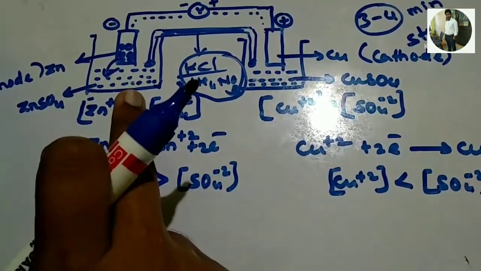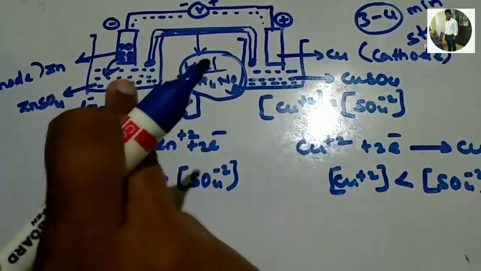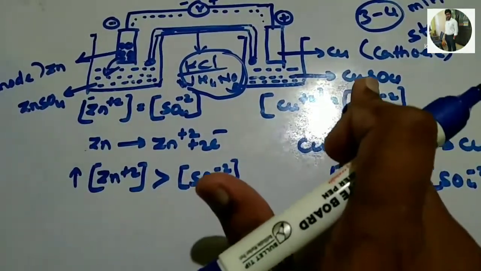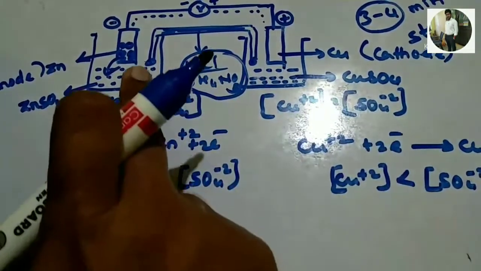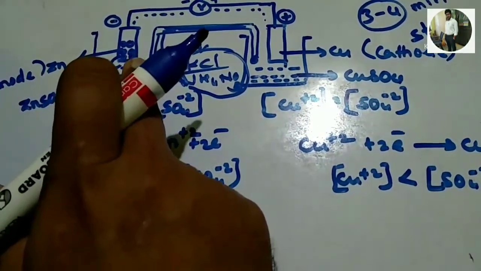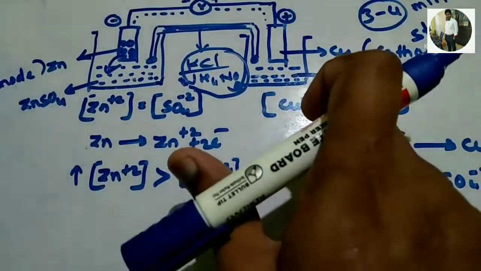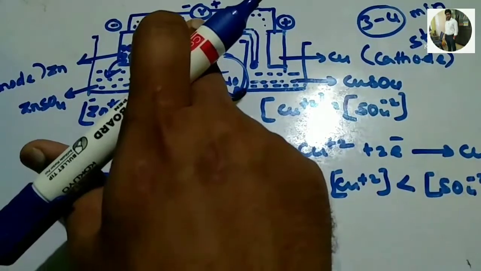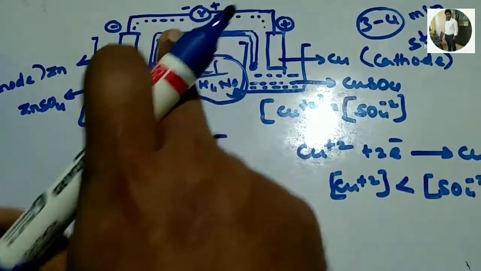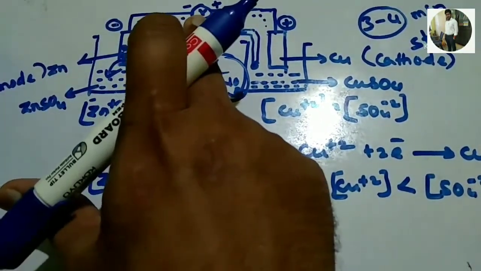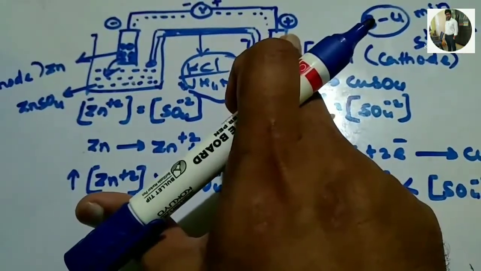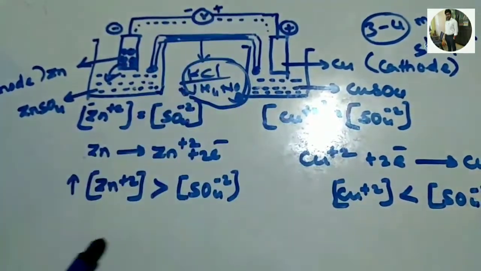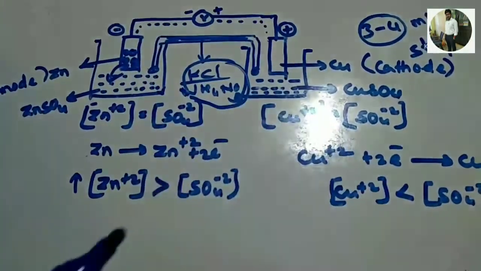It is beaker number 1 and it is beaker number 2, in which in the left beaker we have taken a zinc sulfate solution, and in the right beaker we have taken a copper sulfate solution. In the zinc sulfate solution we have introduced a zinc rod, and in the copper sulfate solution we have introduced a copper rod, and both are connected through a metallic wire. In the middle we have connected the voltmeter. The anode is connected to the negative terminal of the voltmeter, and the cathode, that is the right side, is connected to the positive terminal of the voltmeter, and this is through the external circuit.